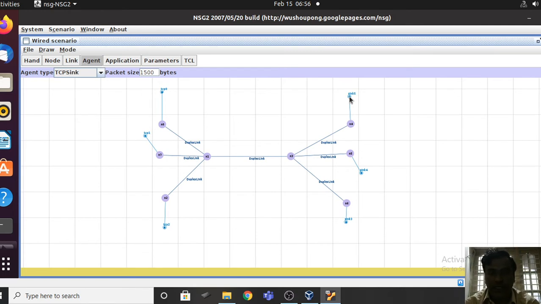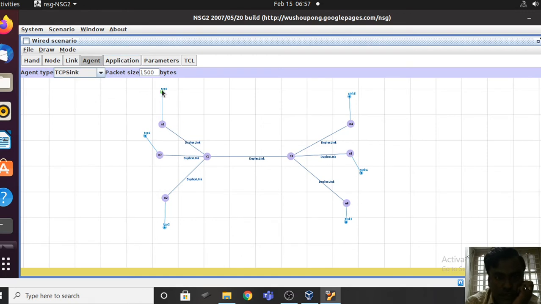Now you have to establish a link between the source node and destination node. I want to transfer data from node N0 to this node, so I have to establish a link between these.